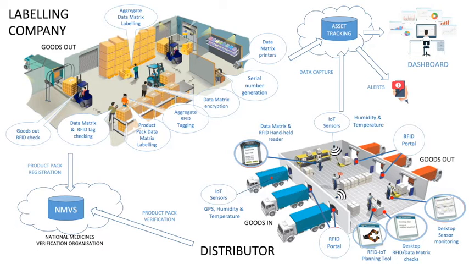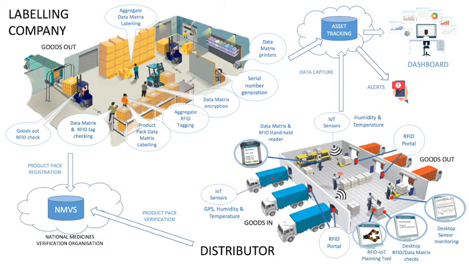environment. The rest of the picture provides the key components of our tracking system, including aggregation, data matrix labeling with or without encryption, RFID tagging, data matrix and RFID tag checking, and goods in and goods out monitoring using RFID portals. The distributor differs from the labeling company in that it performs a goods in check through its RFID goods